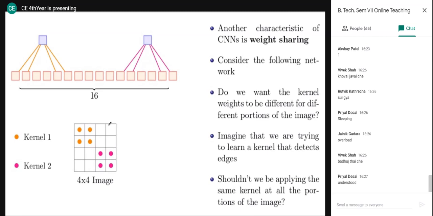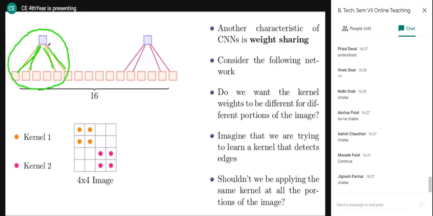Okay, so the third difference is this weight sharing. For this weight sharing, just consider this first diagram or the first half, where we have 4 connections, right? And as we know, 4 connections means 4 weights,